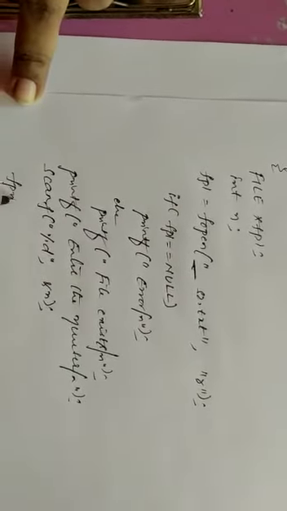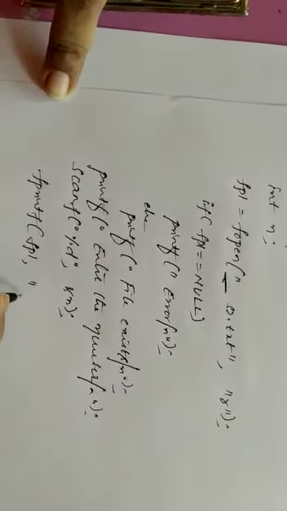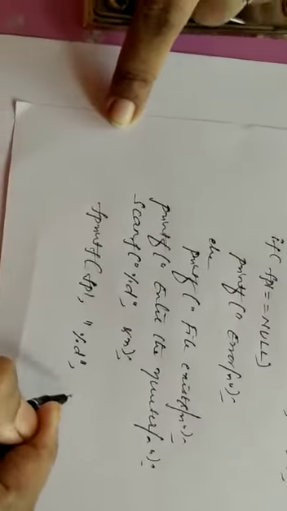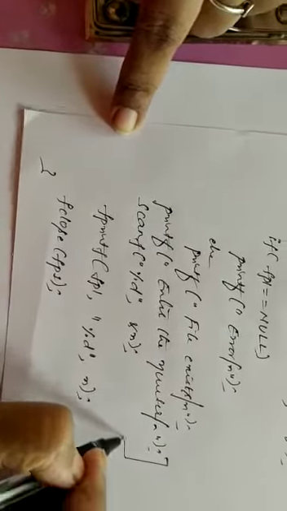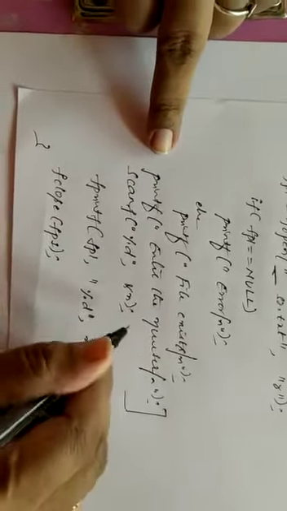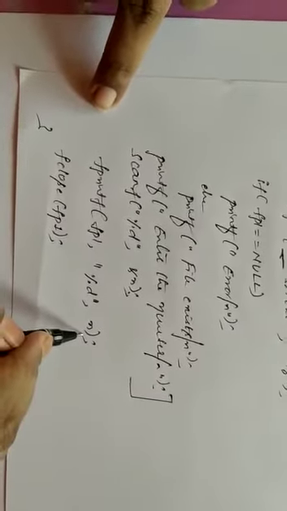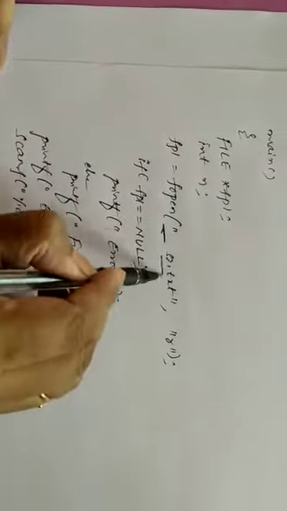Here you need to specify the complete path, that's why I have left some space over there. Fprintf, what is the file pointer? fp1. The control string is %d for integer and just n, and close this one. With respect to these two statements, you input the value for n, and using this one you see the content stored in this file, that is s2.txt. That is the usage of fprintf.